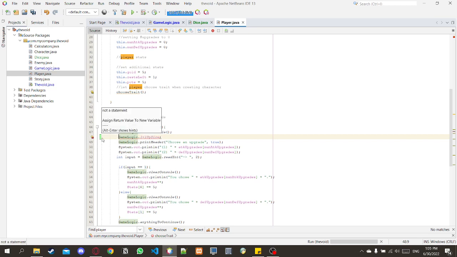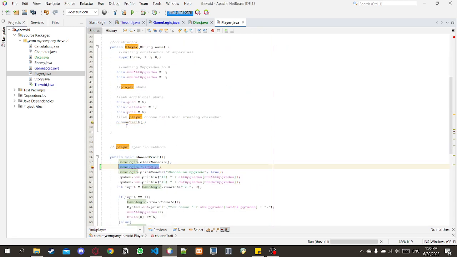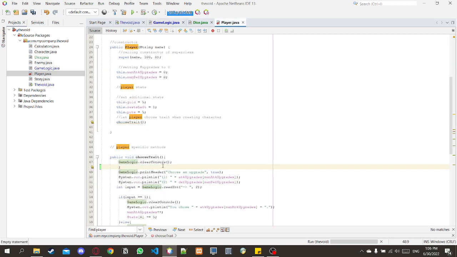So let's think differently. So game logic level up dice. Let's do the following. Maybe if we create, let's keep the dice here. Let's put all the dice here. So we have level up dice. Now I want to make it roll, so what I'm going to do is game logic dot